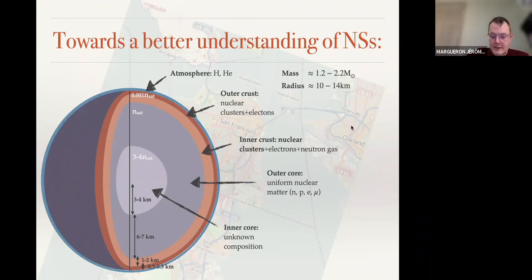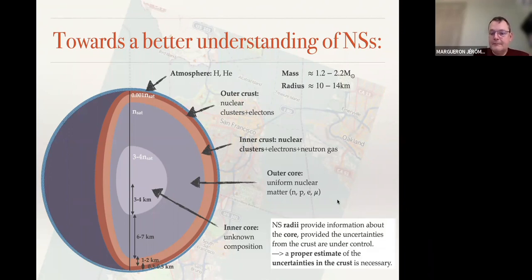And one of the main scientific aims of our work, the people working on neutron stars, is to have a better understanding of the composition of the core. And this composition is somehow correlated with information about mass and radii of neutron stars. So the mass, we could know it pretty well, especially in binary systems, but the radii are really the new feature.